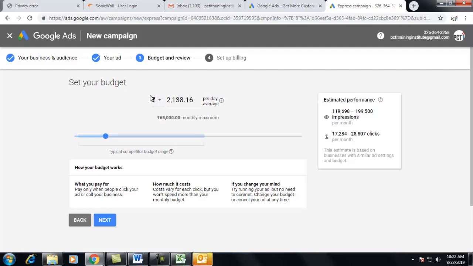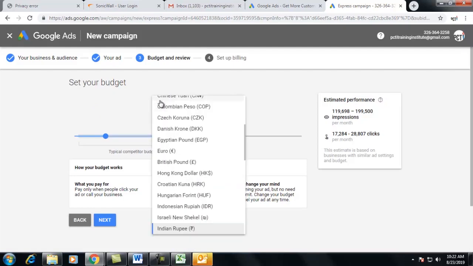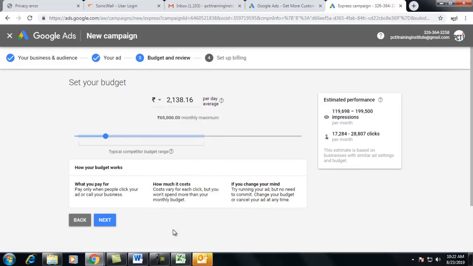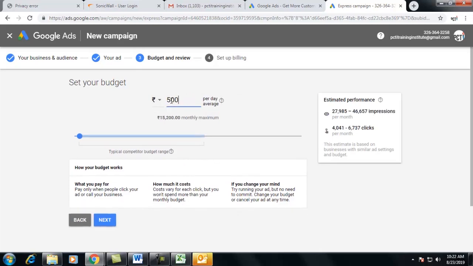Now you have to set your budget. For the sake of learning, you choose Indian rupee and set a budget of 500 rupees. Google estimates everything, like after spending such a budget, I can expect this amount of impressions.